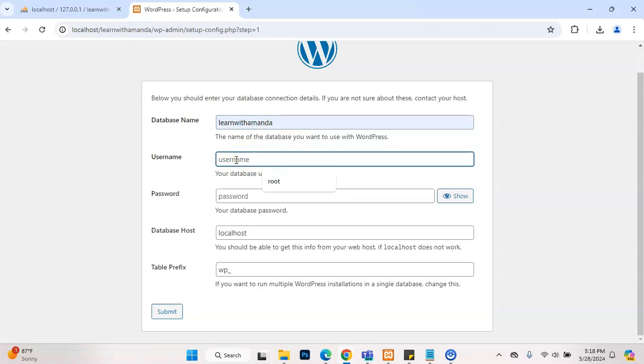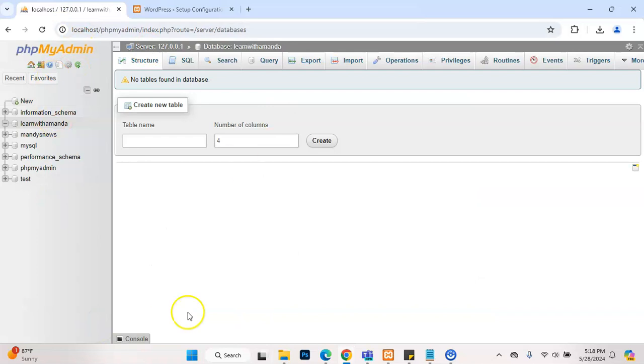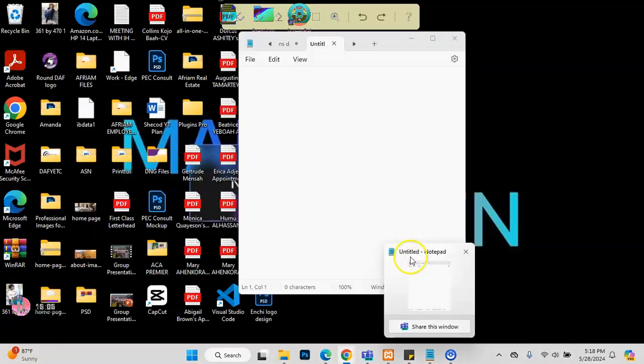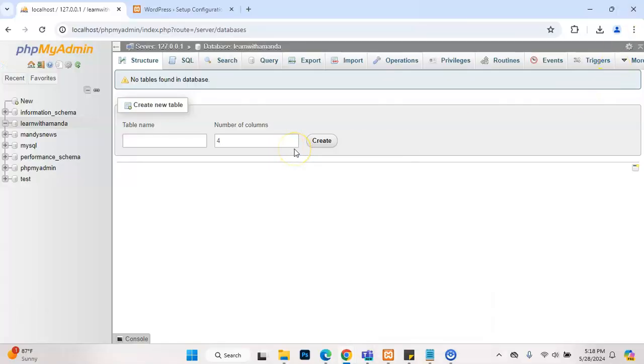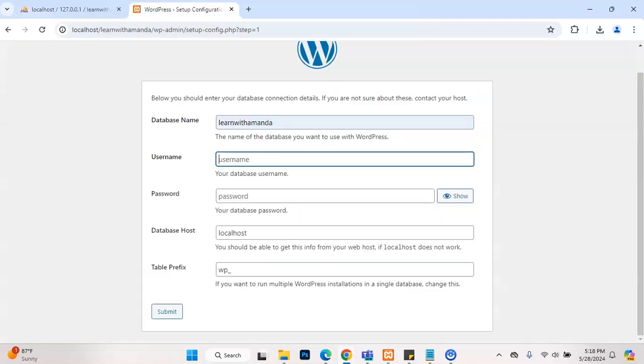Now, we have two usernames right here. This is different. We will go to another username, which is I think right after this one. So this first username is referring to the localhost. When we were first logging in here, they didn't request any password or username. By default, the username for the PHPMyAdmin right here is root, R-O-O-T. The password is none, so just leave it. So when you come to this section,